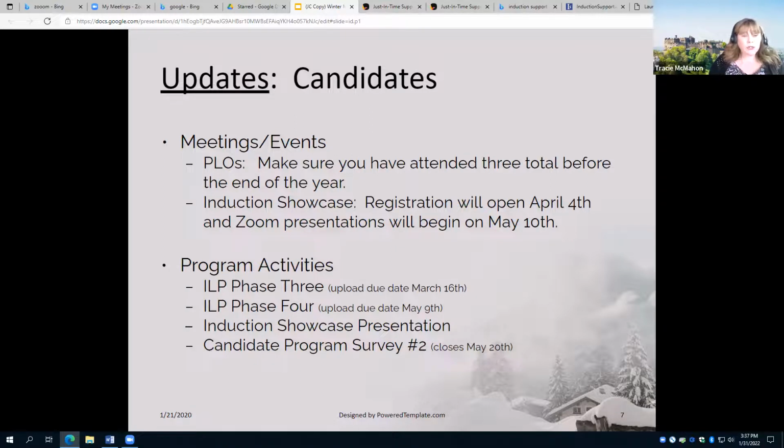The induction showcase. Registration will open April 4th, and Zoom presentations will begin May 10th. We did just recently send out some guidance, and we're putting it in our newsletters. We are changing our showcase to also include recording as an option. In the past, it was in person, right? You'd sit at a table with 3 other people plus a staff person, and you just present your learning for the year going off of the outline that we provided. Then last year we had to adapt that to doing the same thing over Zoom. And this year we're going a step further. You can do it through Zoom, where it's yourself, 3 other people, and a program representative, and you would present a slideshow to us